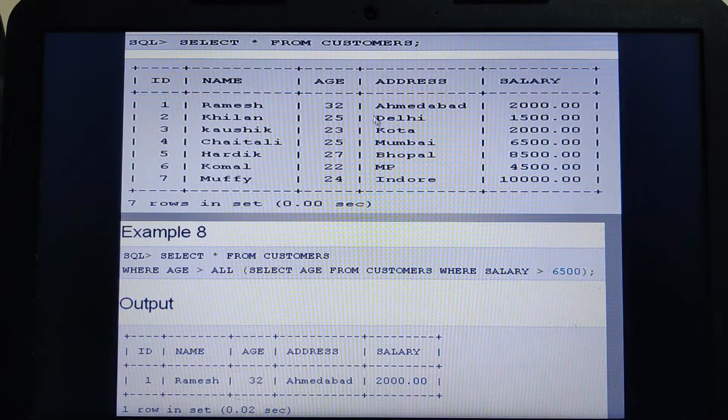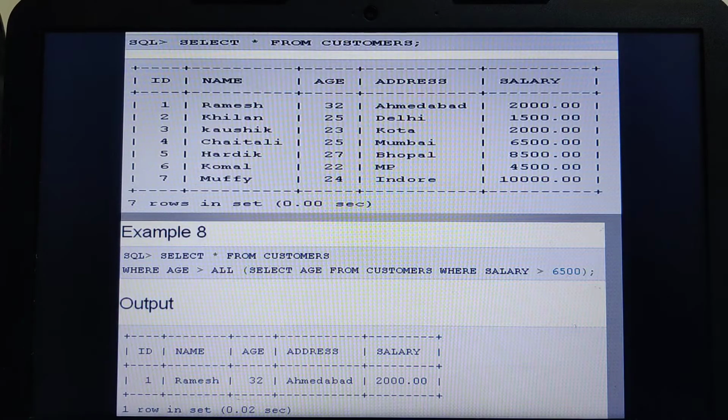This is the table I explained in the previous video, known as the customer table. Whenever I create the customer table, it has fields like ID, name, age, address, salary. For the ID I am using the data type number. For the name, the data type is varchar.